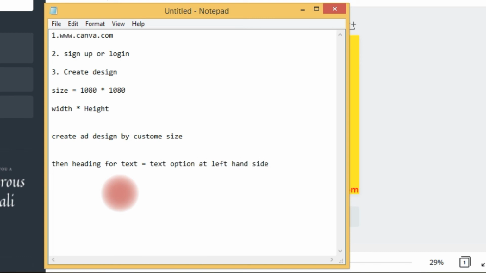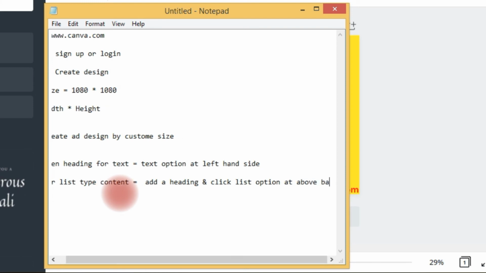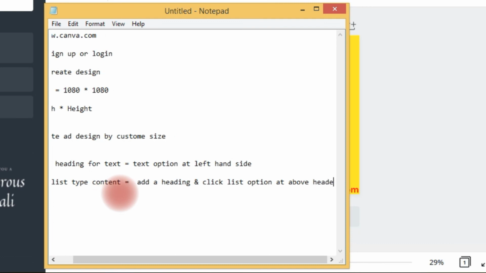Then for bullets, for list type content, add a heading and click the list option above the header.